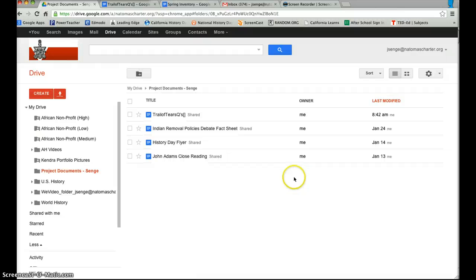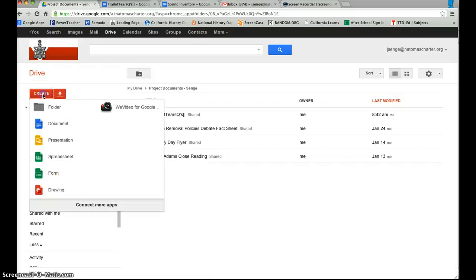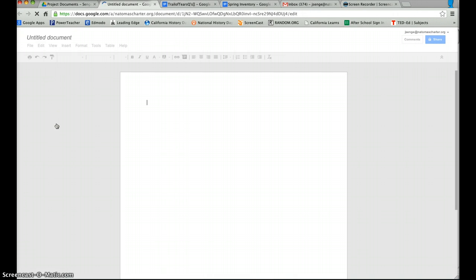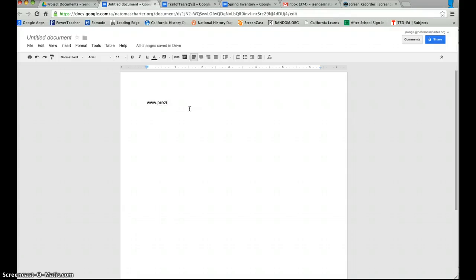And one other thing, so if you have created something that is not a Google Drive type file, so if you create a Prezi, if you create a Slide Rocket, here's what I'd like you to do. So I want you to go to Create, and I want you to go to Document, and I want you to copy and paste whatever the web address is. So if it was a Prezi, then share the Prezi web link. So usually when they give you the share option, they'll give you a website or a link for somebody to access your Prezi. So you will type your Prezi or your Slide Rocket or whatever the address is into here,